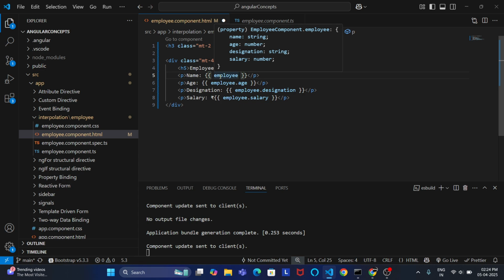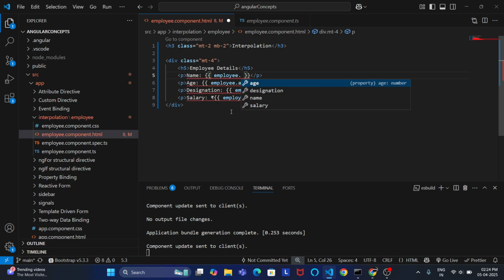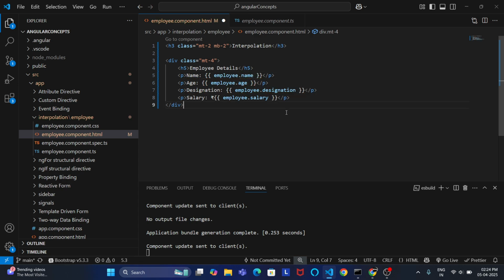So we need to access the keys, right? We can access any of these by using a dot. You can access them from the object. Right now I'm giving name. Okay, save the file,